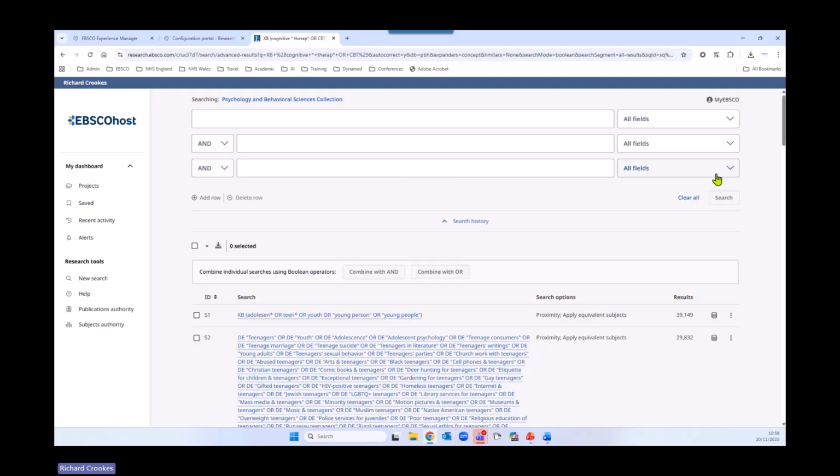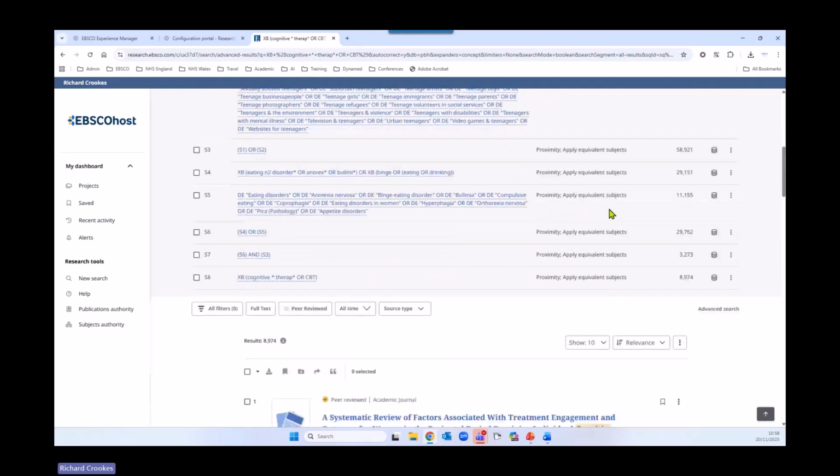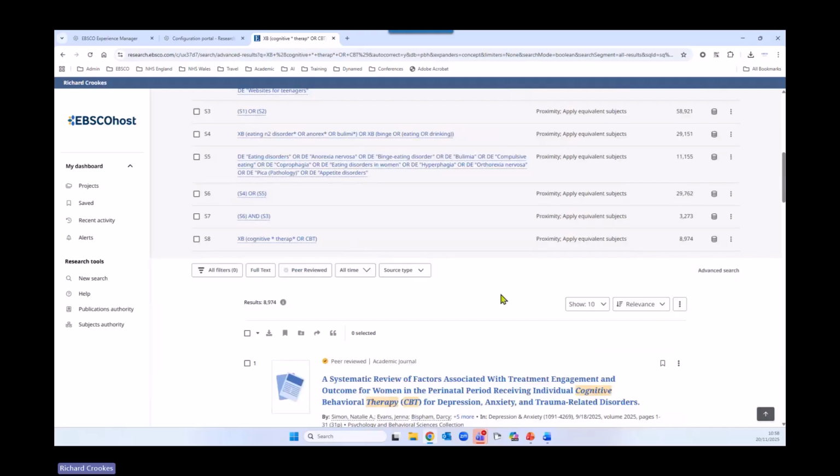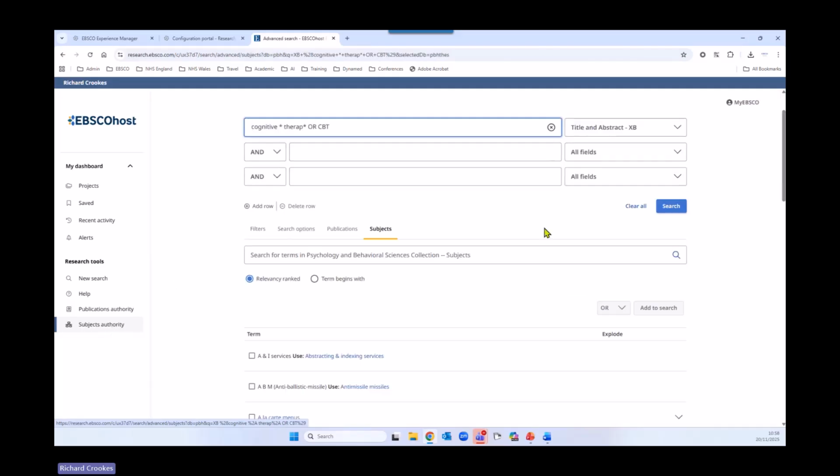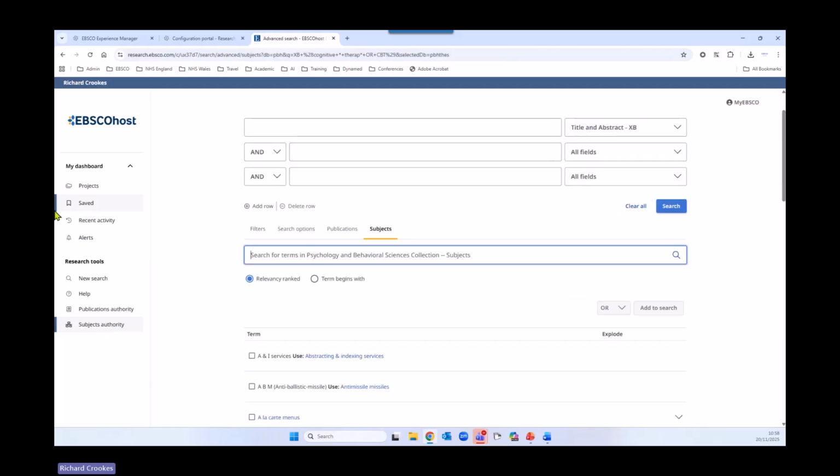Again, that would appear in the search history. So we should see it now below, and you can see the set here now S8. Now we are going to look, of course, for the equivalent subject term. So go back to Research Tools and Subjects Authority on the left, and then we'll clear the screen here, and